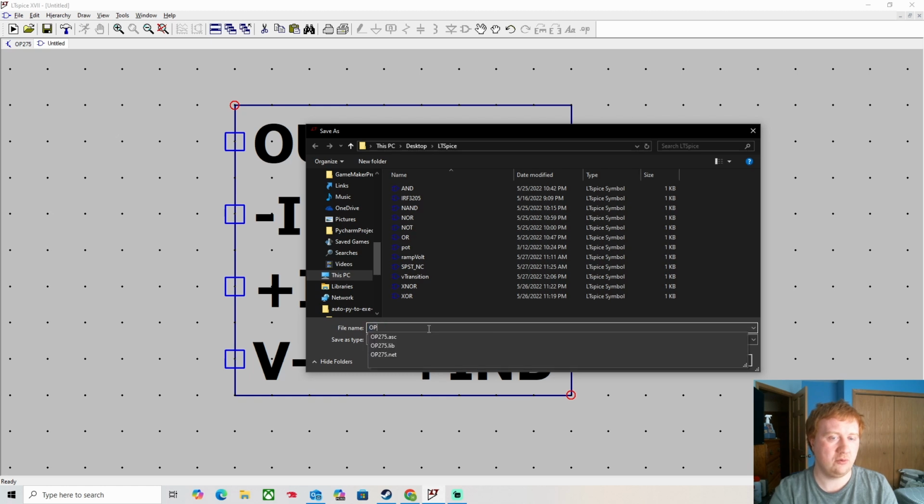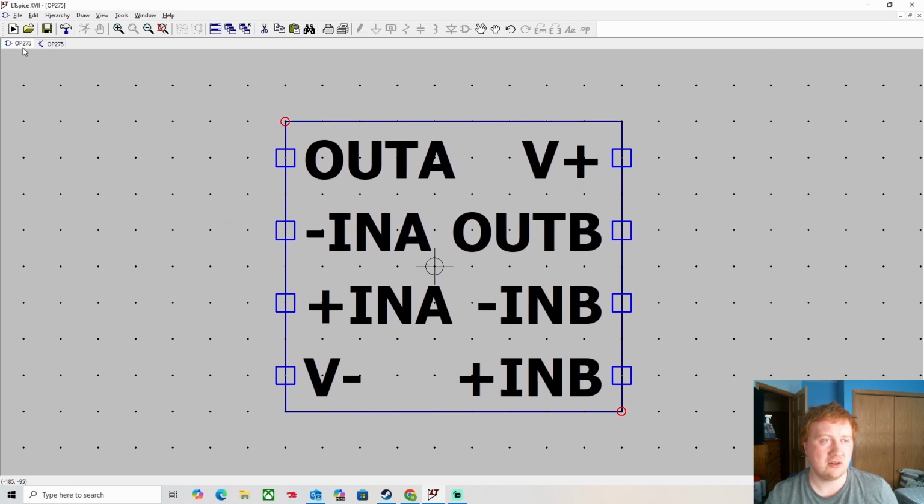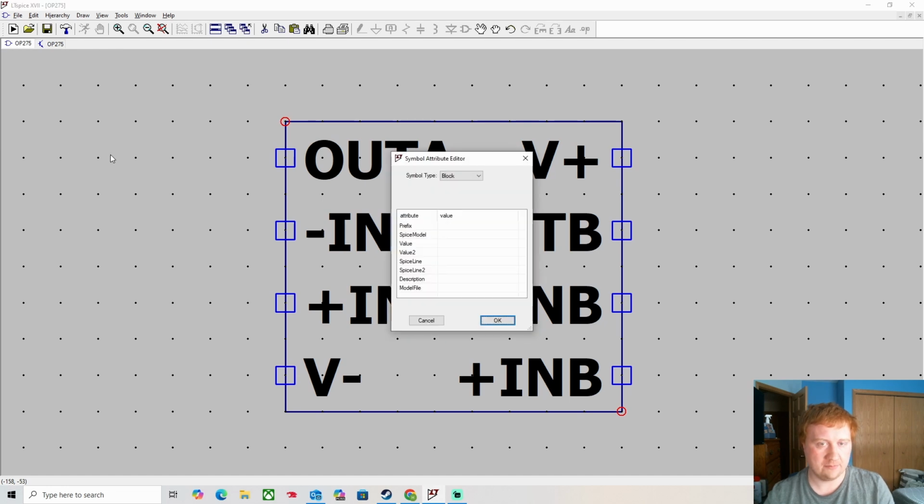I'm going to do op275.asy because that's the symbol file extension name. Okay, to use this, we need to add symbol attributes. So on the symbol tab, we need to do Control A, set it to cell type,